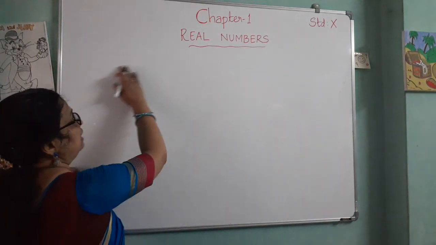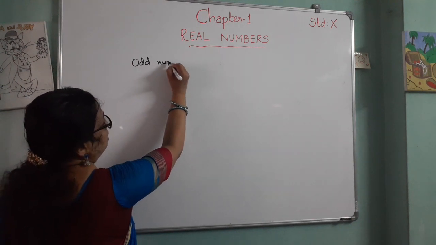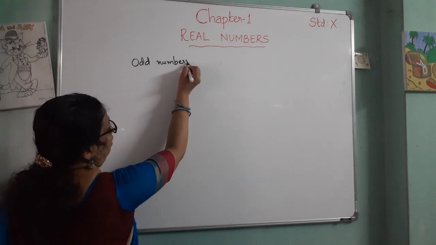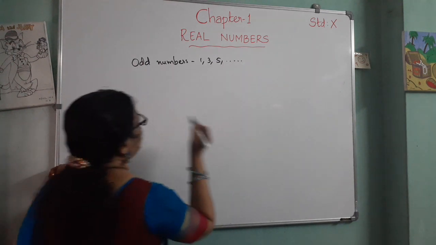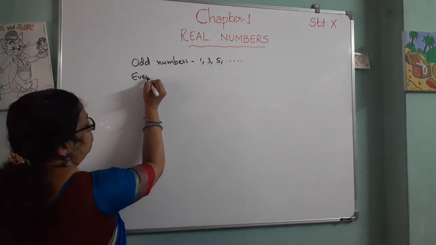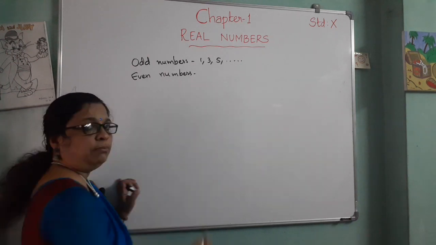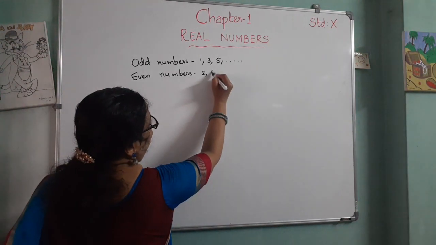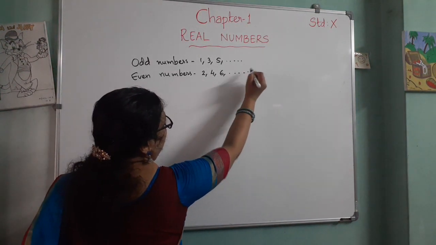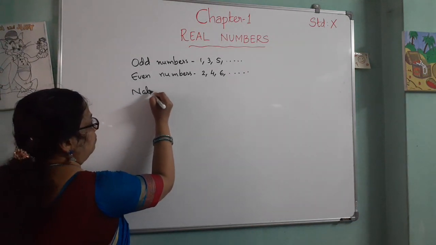That is first numbers, that is odd numbers. We all know that odd numbers are 1, 3, 5, etc. Then even numbers are multiples of 2, that is 2, 4, 6, etc. are called even numbers. Then natural numbers,